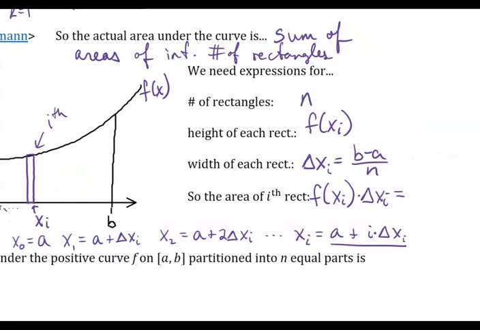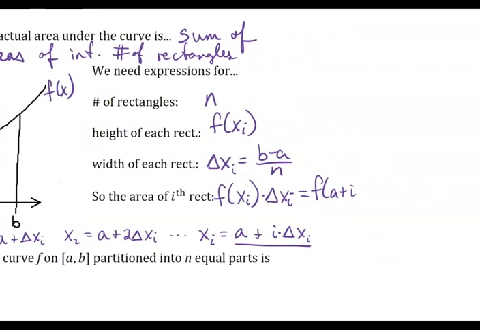So now let's put all of this in terms of b and a and n, because a and b are going to be given to us in the problem. So it's going to be f of a plus i times delta x, which is b minus a all over n, and then times delta x, which is another b minus a